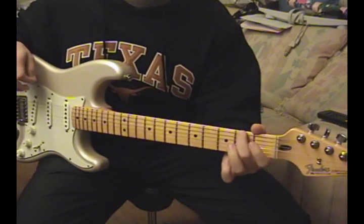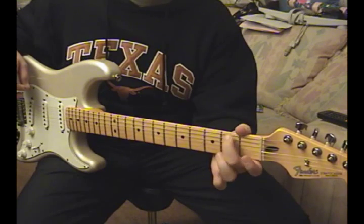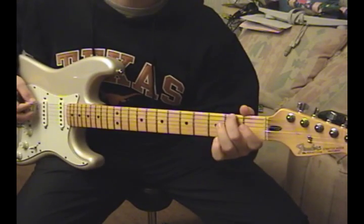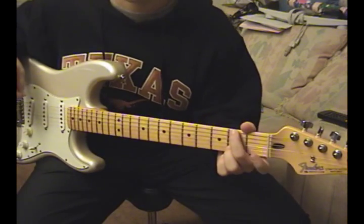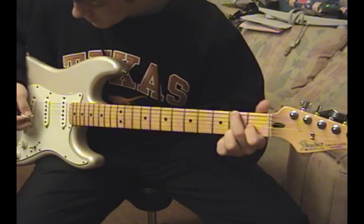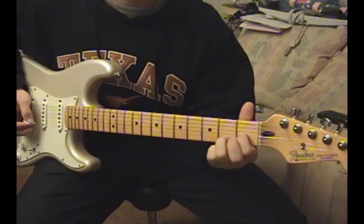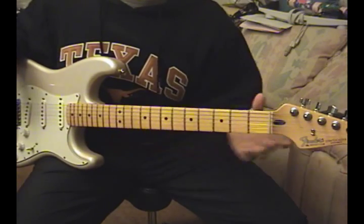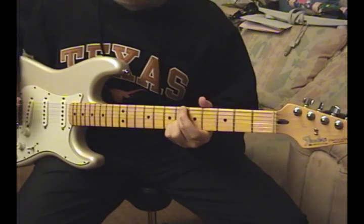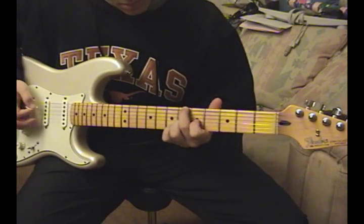Well, especially on these low strings, some people have a tendency to actually bend the string a little bit when they push down without even realizing it. Even the slightest string bend will change the tuning of that string. And even down here on the low end of the neck, you can bend the strings pretty easily too. So if you ever notice at any point throughout this whole thing that your intonation is off and it's not exactly perfectly in tune,